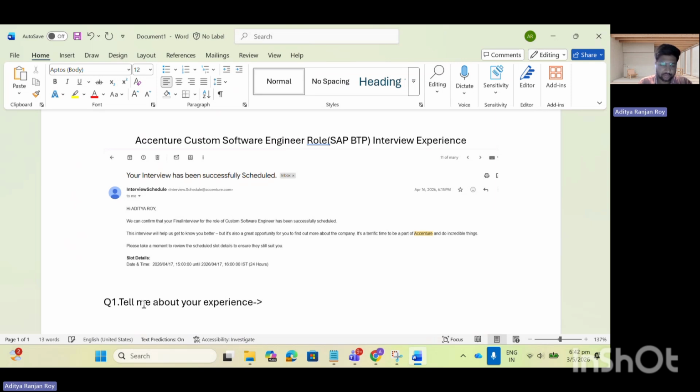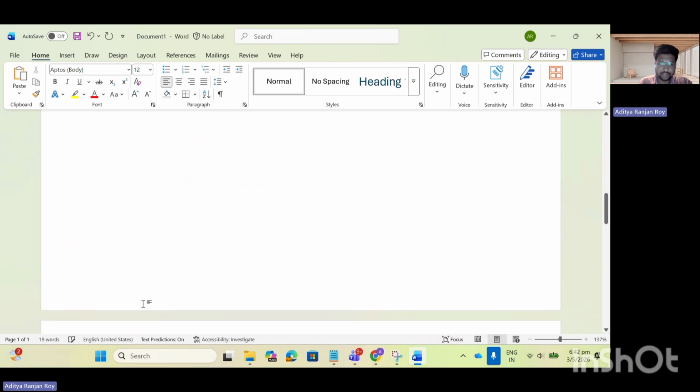So I explained that in CAPM I worked on Fiori, UI5 elements. So these things I told them.